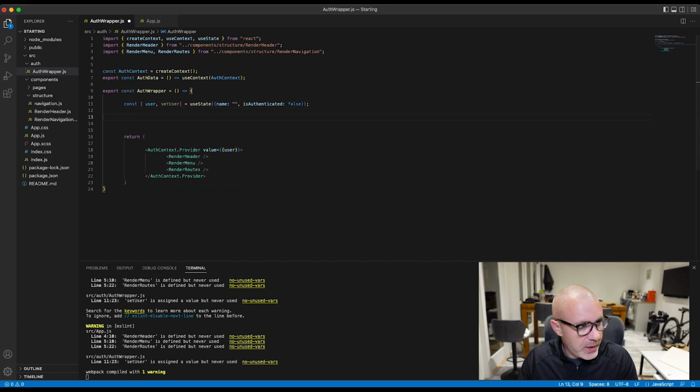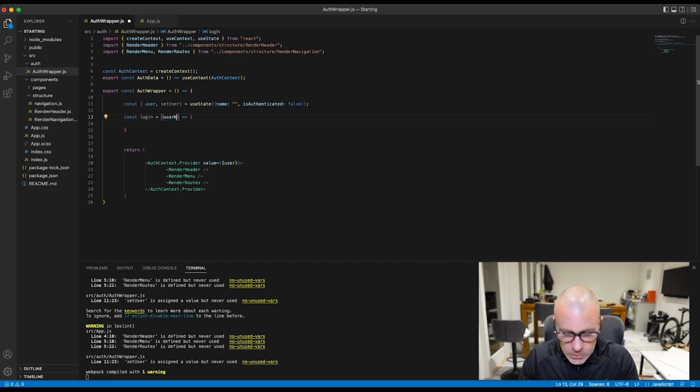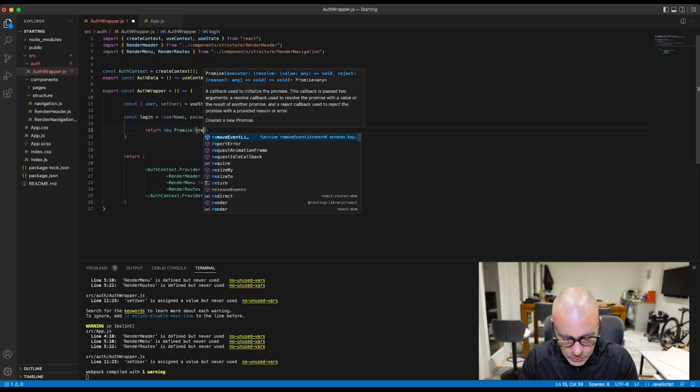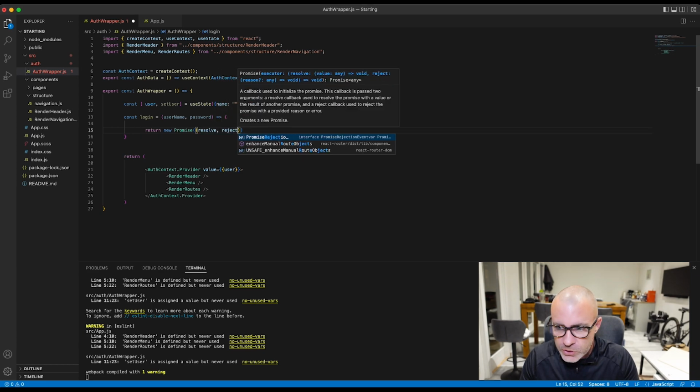The first one being to log the user in. So if we define the function for login, and login is going to take a username and a password that we send through as arguments, and then we will return a promise, resolve or reject,